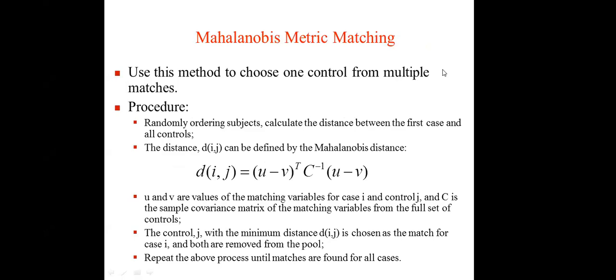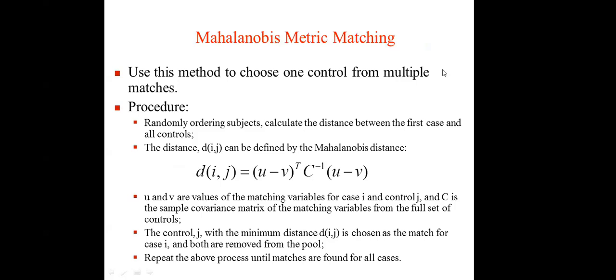It basically tries to see how far apart the case and the control are by something called Mahalanobis distance, which has to do with matrices and transposes and inversions, and that goes too far for me, actually. So you do this, and whenever you find a case and a control, or a treatment and a control that match, you take them out of the data set